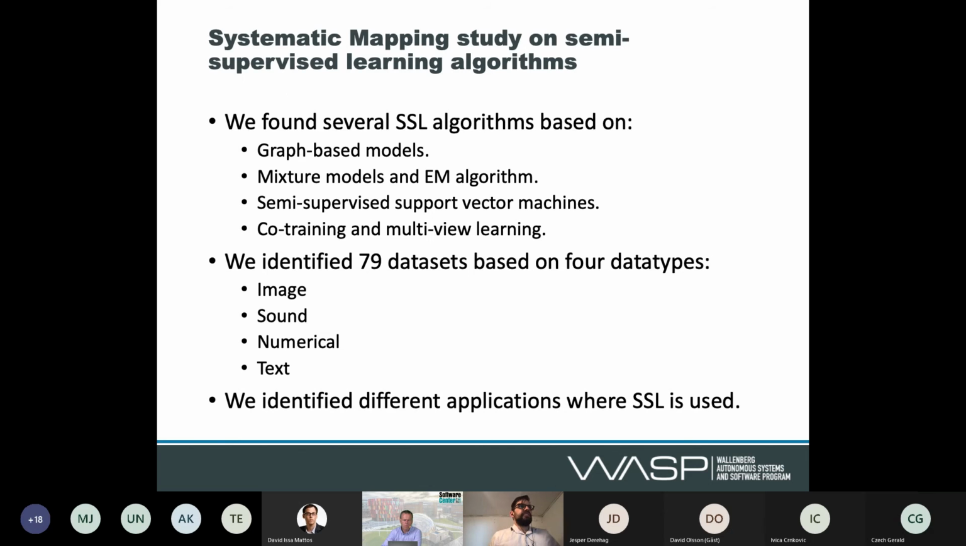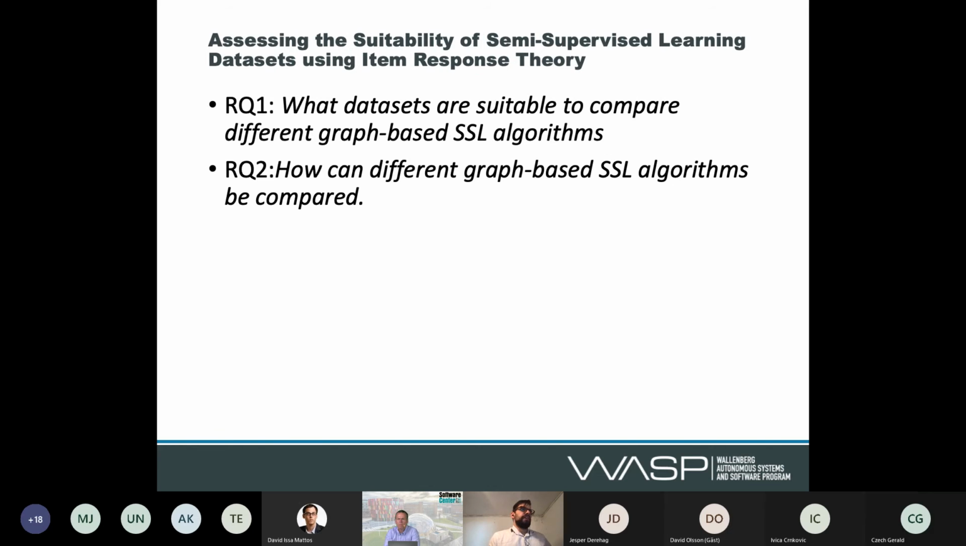Okay, so in this mapping study we found several semi-supervised learning algorithms that were based on these 4, and we identified about 79 data sets based on 4 data types: image, sound, numerical, and text data sets. And we identified, I don't know how many it was, but it was 23 applications where semi-supervised learning is used, so it's quite popular. And then we actually did a simulation study where we compared different